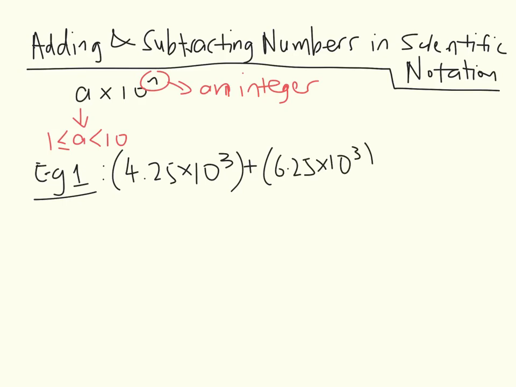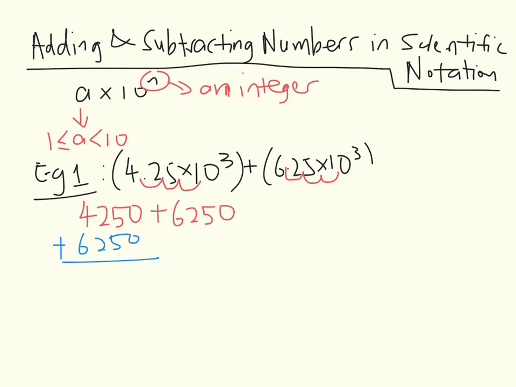Let's see how it works out when we rewrite it in standard form. 4.25 times 10 to the third, moving 3 decimal places, ends up as 4,250, plus 6.25 in 3 decimal places, 6,250. If you add these two numbers, you end up with